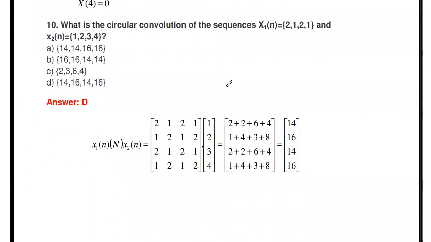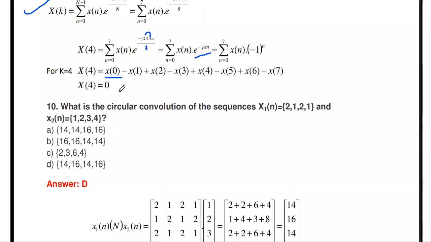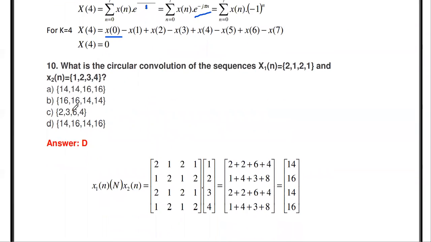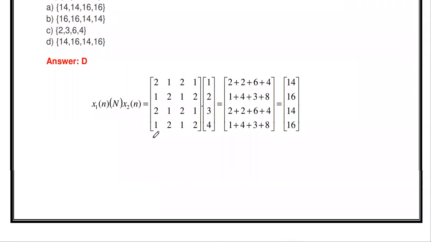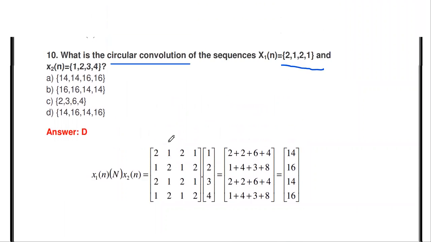Then the next question. The previous questions are from the DFT problem. Next, we are going to discuss the convolution problem. What is the circular convolution of the sequences x1 of n is 2, 1, 2, 1 and x2 of n is 1, 2, 3, 4? In order to perform the circular convolution, the very easy method is called the matrix